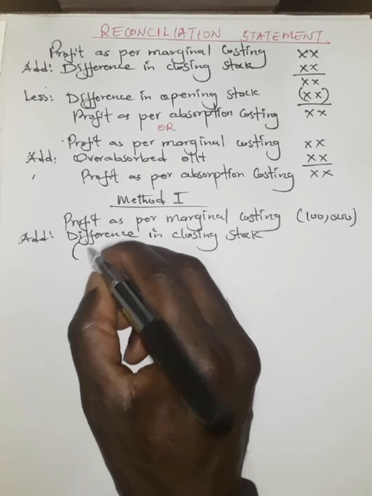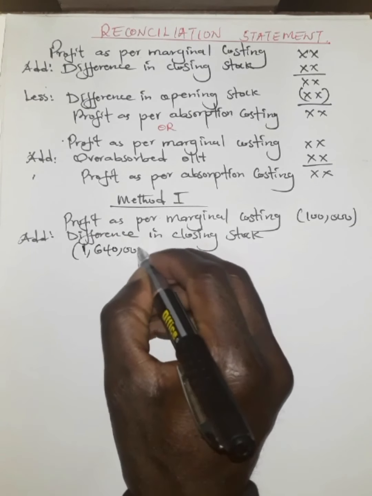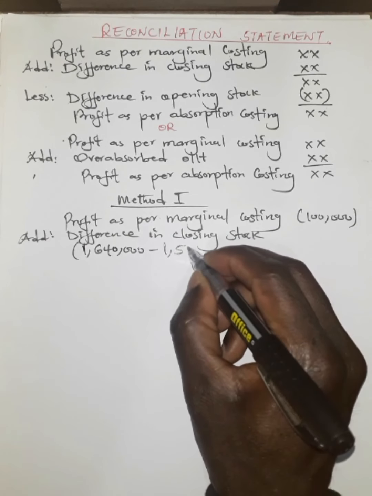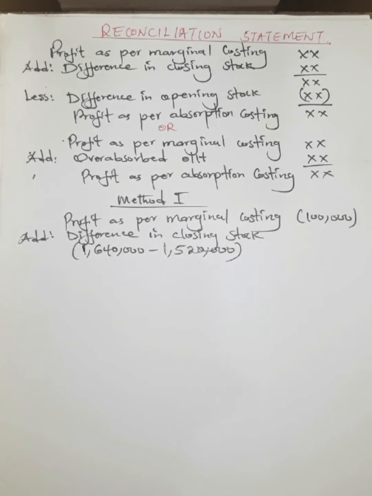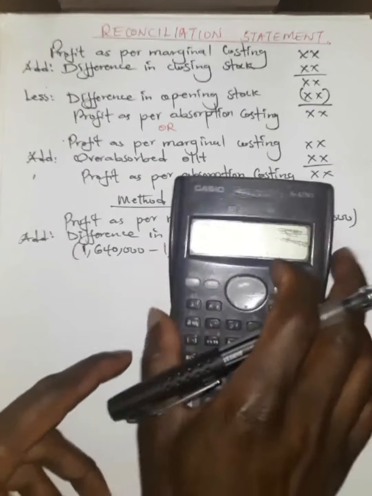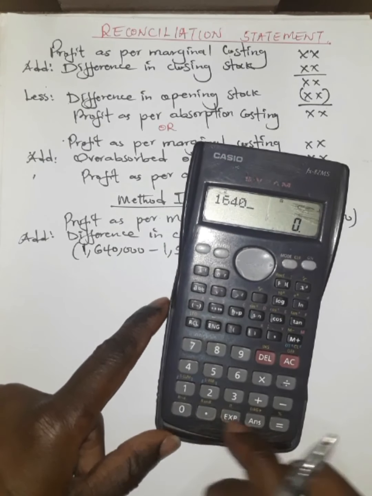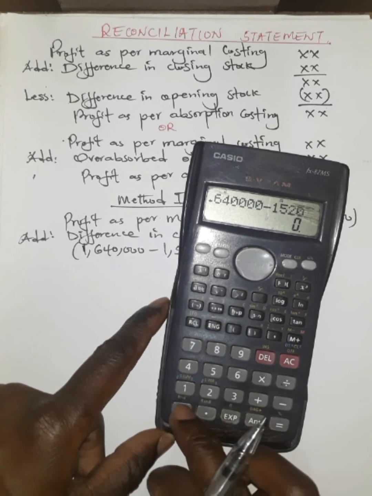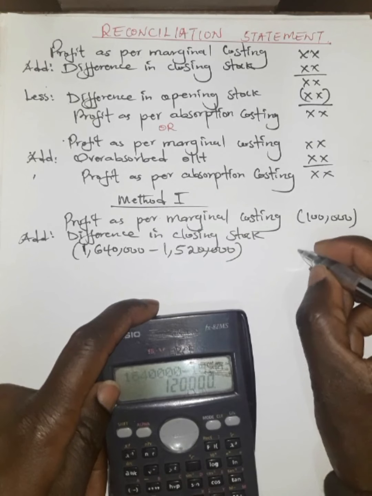So we use this highest value, absorption costing 1.640 million, minus 1.520 million. You can actually compute and see what comes in. 1.640 million minus 1.520 million, you get a value of 120,000,